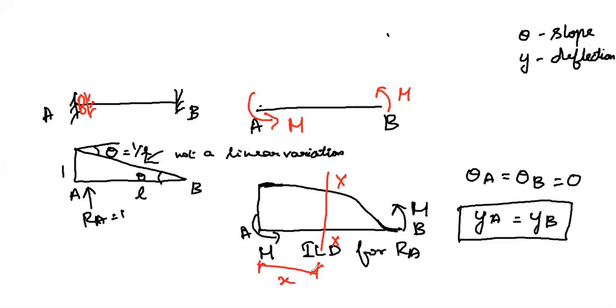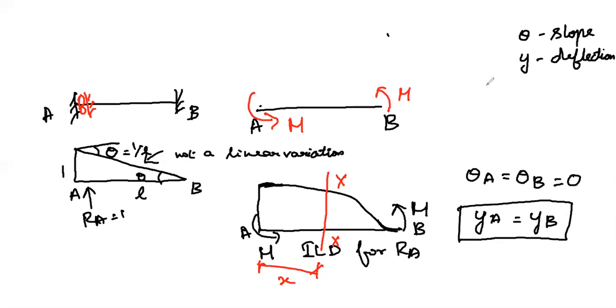Now I'm going to find the value of RA. We all know if you want to find the influence line diagram for any force component, first we have to find the value of that component. If it is a shear force, you should know the value of shear force. If it is a reaction, you should know the value of reaction with respect to the section you are considering. Now I want to find the value of RA. So I am taking one section at a distance of X from the left support. This is drawn here.